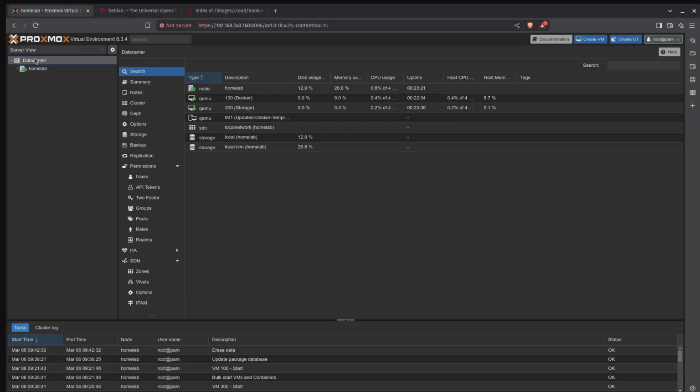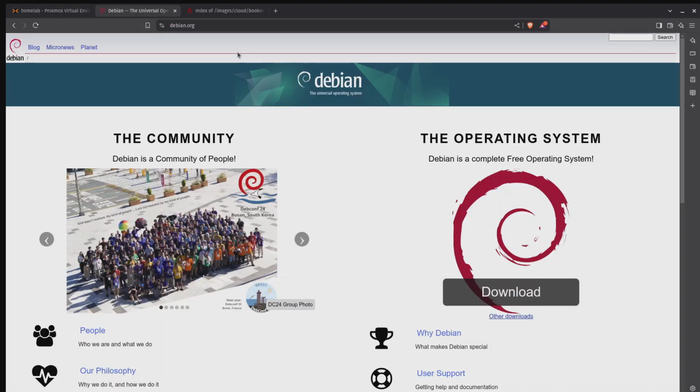The first way I'm going to create a template for Debian is with an installation ISO from the Debian website. In order to get that installation ISO, I'm on the debian.org website, and they've got a download link just on the front page. I'm just going to copy the link address. You probably can't see that on the recording, but I right-clicked it, copied link address, and then I'll switch back